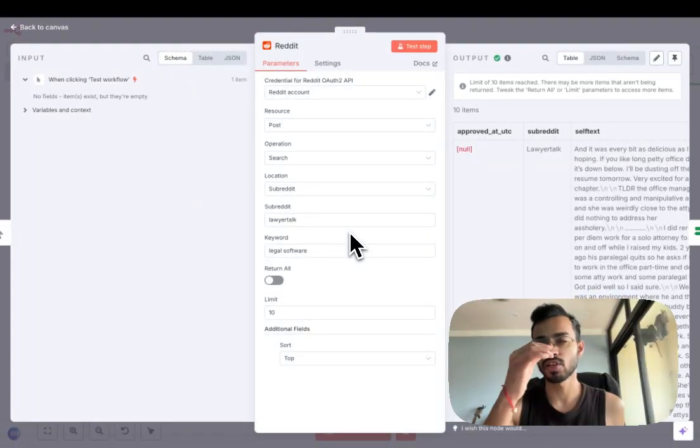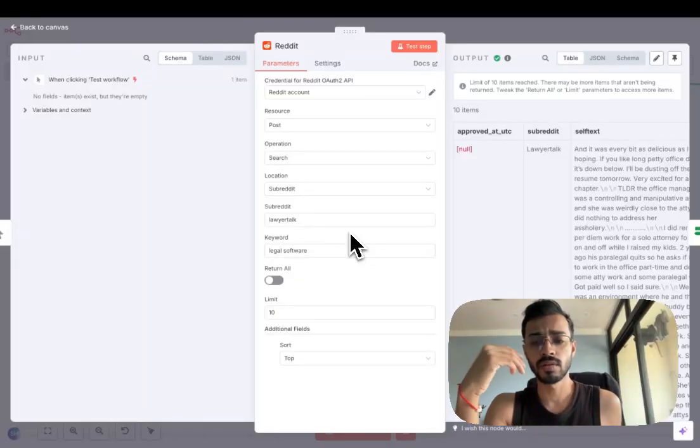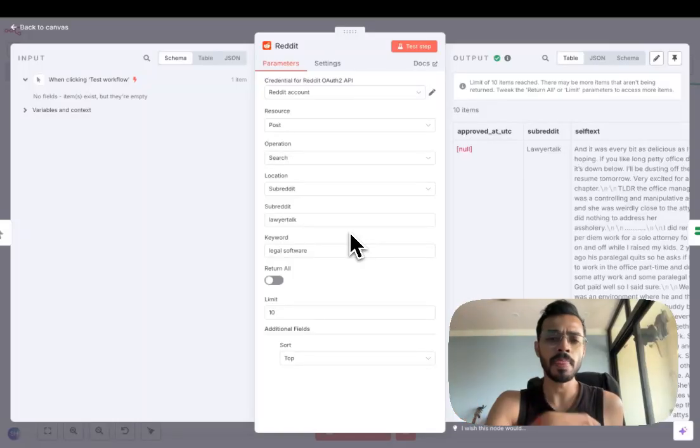So this is especially useful if you have a legal tech product, or if you have a service that caters to lawyers. For example, if you have a case management solution like Clio or Practice Panther, LexisNexis, any software that caters to lawyers as users, that is a gold mine right here. Okay? So today we're going to focus on this, and it's not just for lawyers.